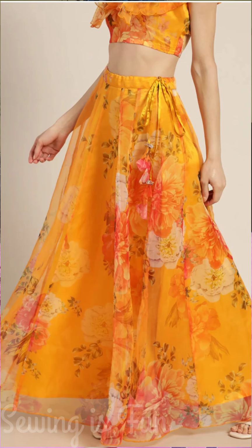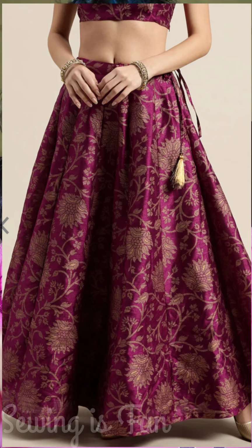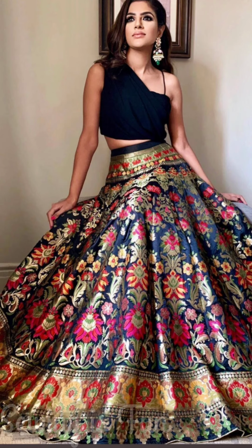So if you are finding the right kind of fabric for your lehengas, skirts or gowns, then this video is for you. To make these kind of dresses, you need to use the stiffer kind of fabrics like organza, net fabric. You can use silk fabrics also, which go very well with these kind of dresses, or you can use taffeta kind of fabrics. So these are the stiffer ones and give a natural flair to your dresses